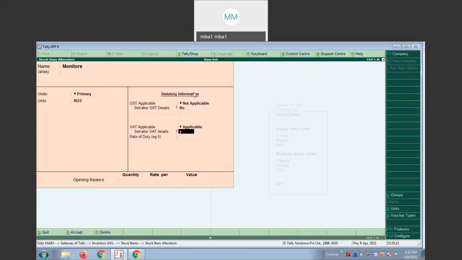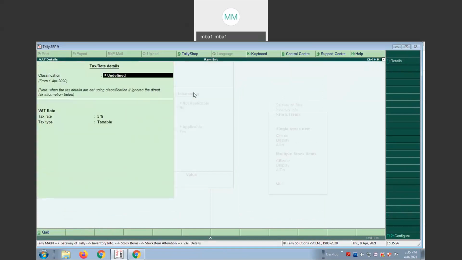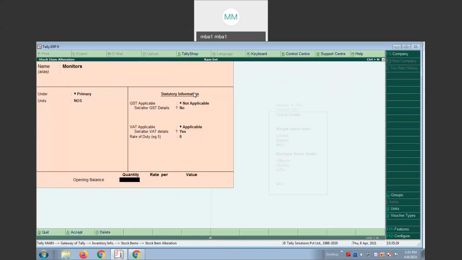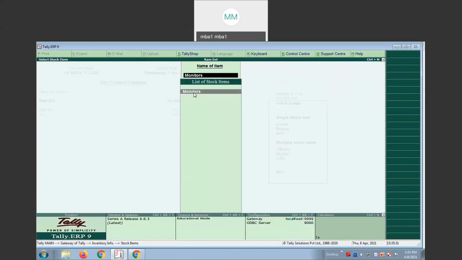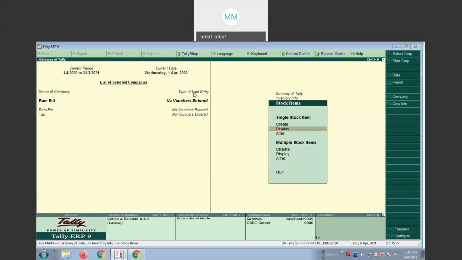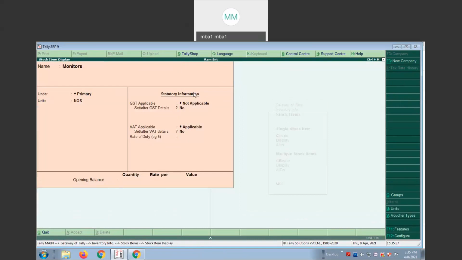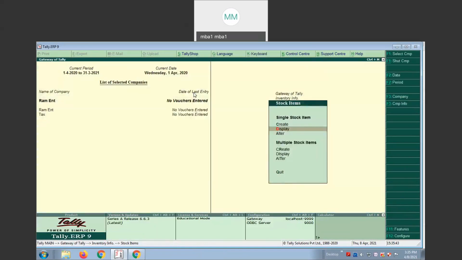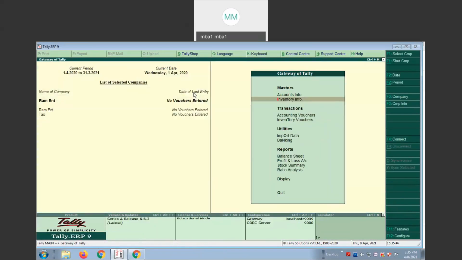Yes, you need to set the option to yes. Okay, no issue on that. So we have successfully created the inventory or stock item.